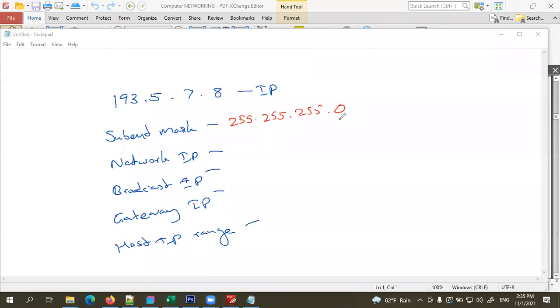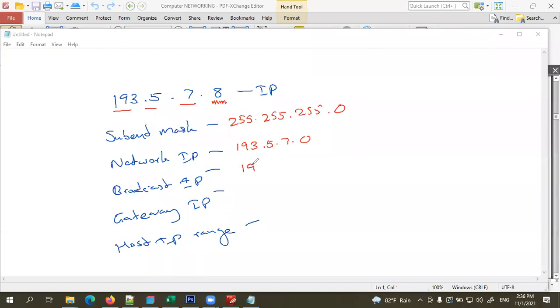Network IP. What should be the network IP? Because the subnet mask is this one, we can't change these portions. We cannot change these three; we can use only this part. In this portion, the first or the lowest IP address will be 193.5.7.0, right?